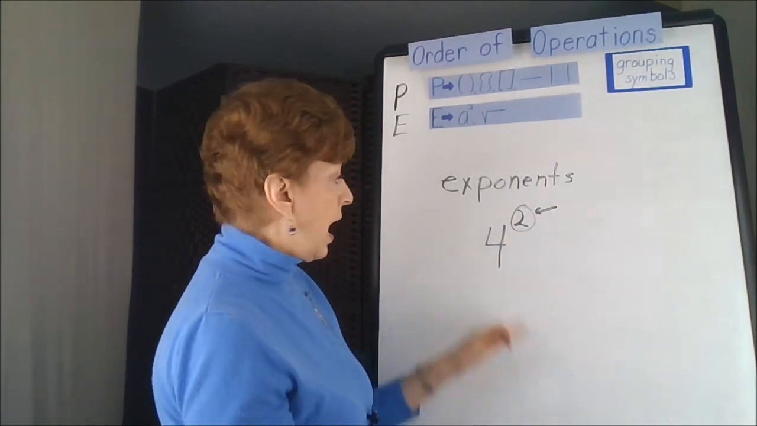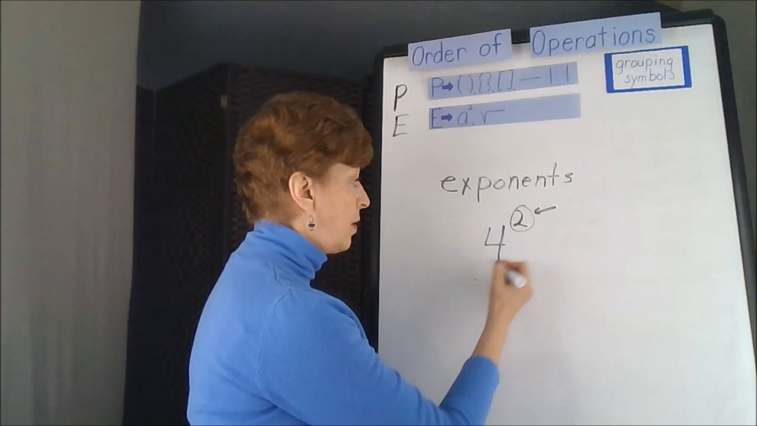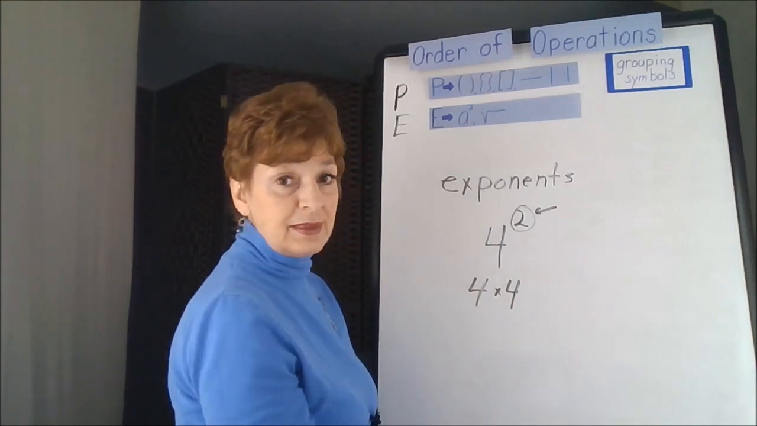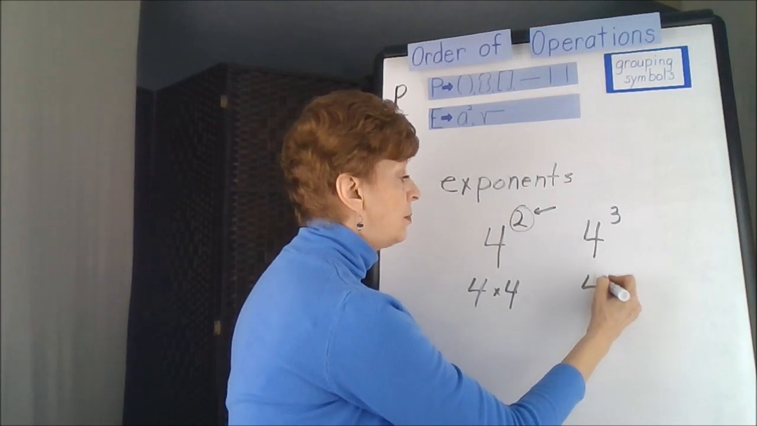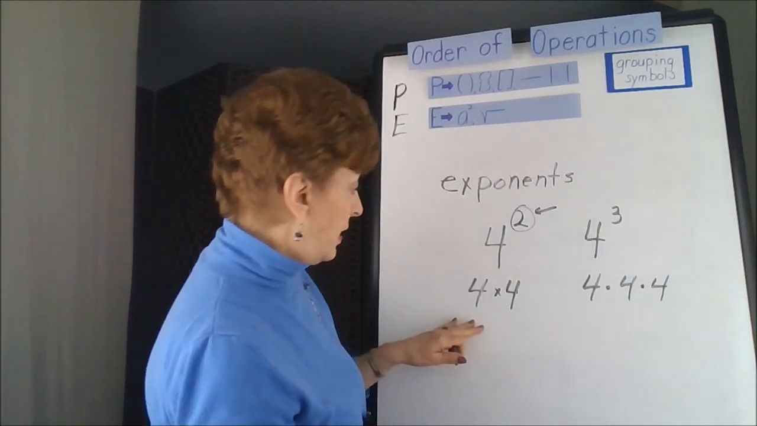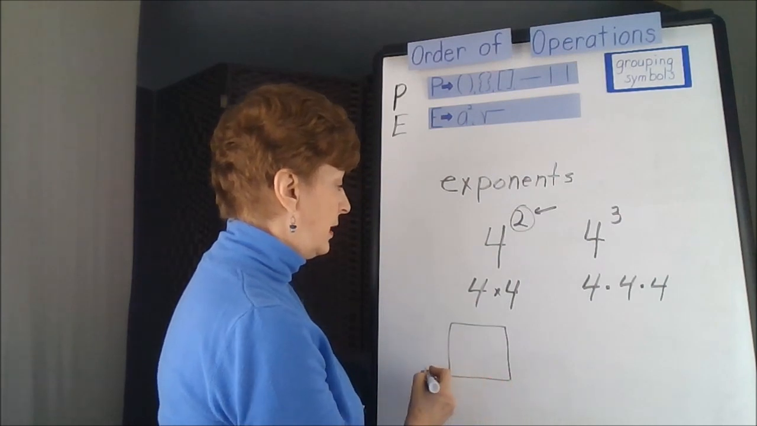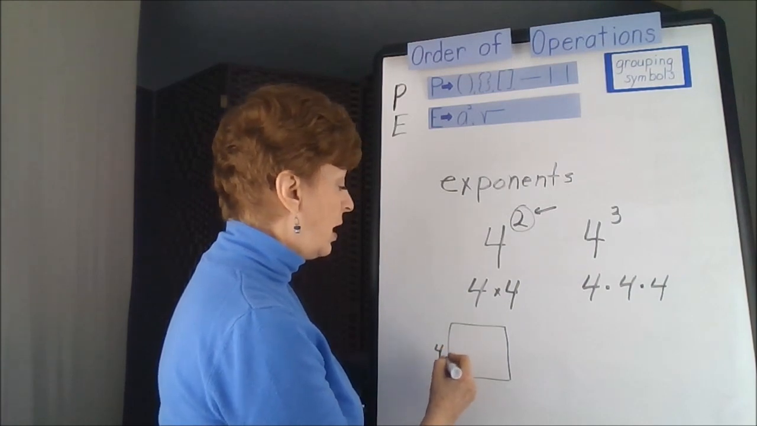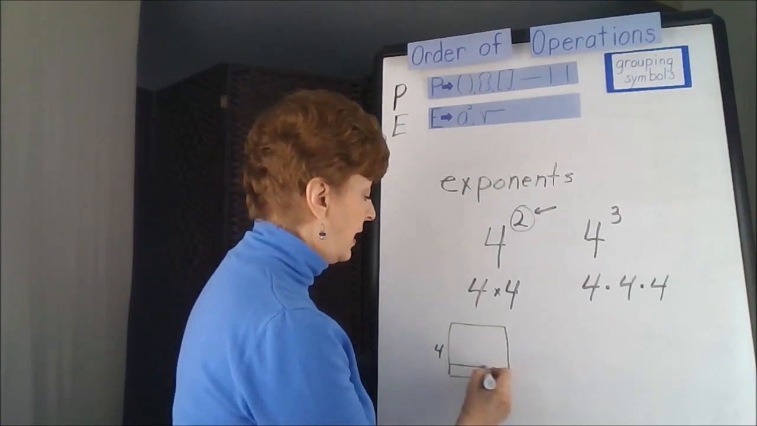And it tells you how many times you're going to multiply the base, which would be 4 in this case. So I'm going to take 4 and multiply 4 times itself 2 times. That's my exponent. If I have 4 to the third, I would be multiplying 3 4s. Now, 4 squared basically is, if I took a square, and you know a square has the same dimensions, you have a 4 for the height and a 4 for the width, and if I multiplied 4 times 4, I would get an area